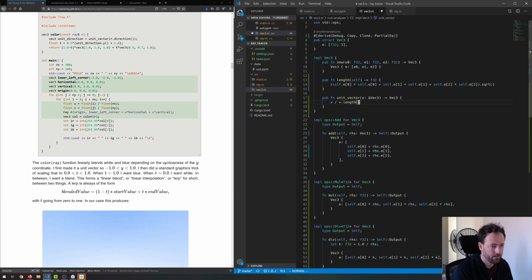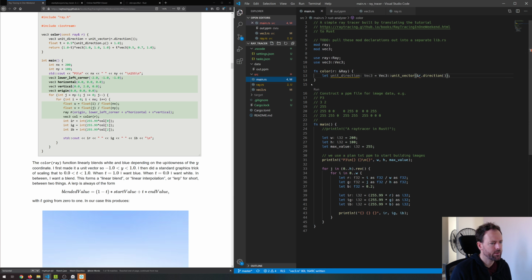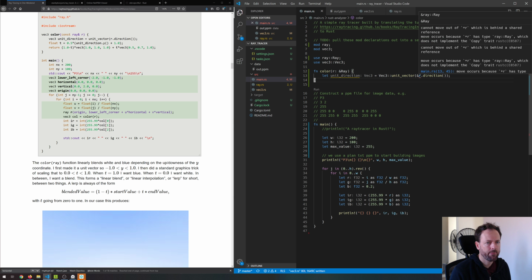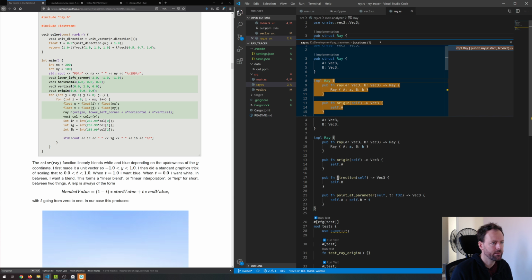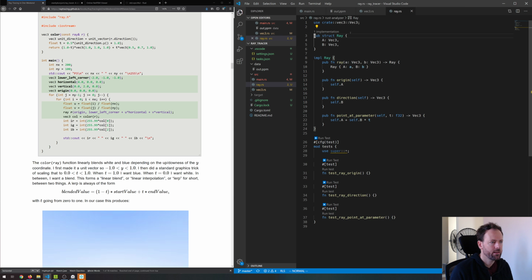Let's try something here. What if that? Okay, so we can use a reference there. Cool. So then anyway, what is this thing complaining about? Ray doesn't equal copy trait. All right, cool. It doesn't implement it. All right, so we'll do